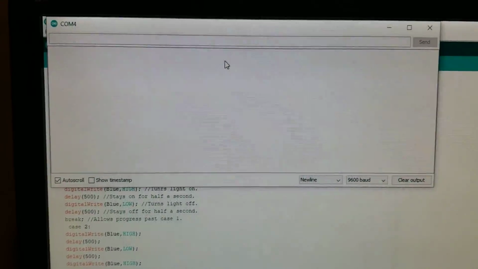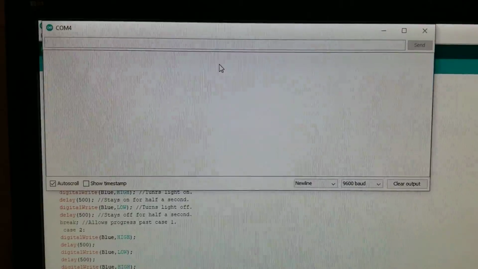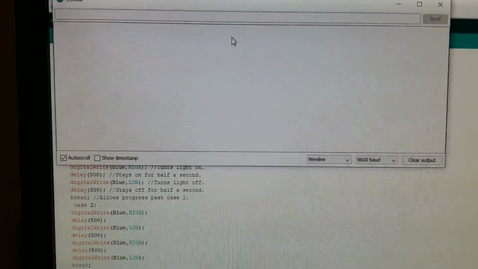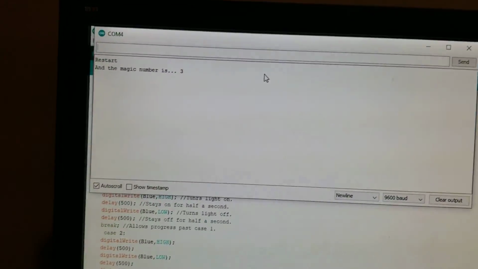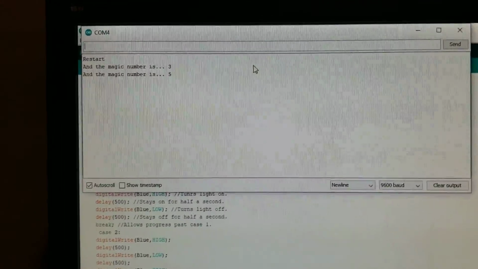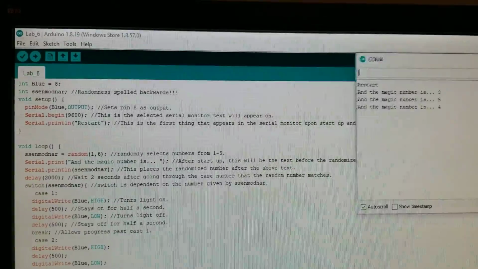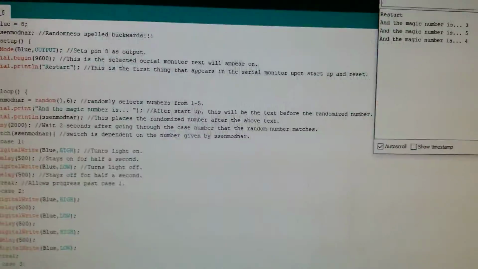Give it a minute. This is the first time that's uploading for today. See, whenever it restarts, it says restart for whenever it starts up, or I hit the reset button and restart the program. And after that,